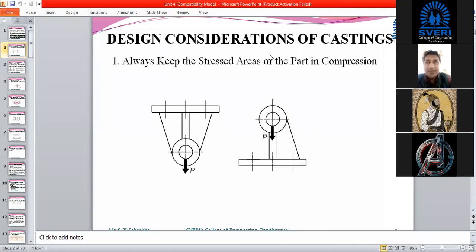and whether it requires some additional allowances. For example, take a component which will be manufactured by casting. In casting, the manufacturing process is carried out in such a way that you pour molten metal into the mold and allow it to cool, and hence it becomes solid and the part gets manufactured. That is not only sufficient.